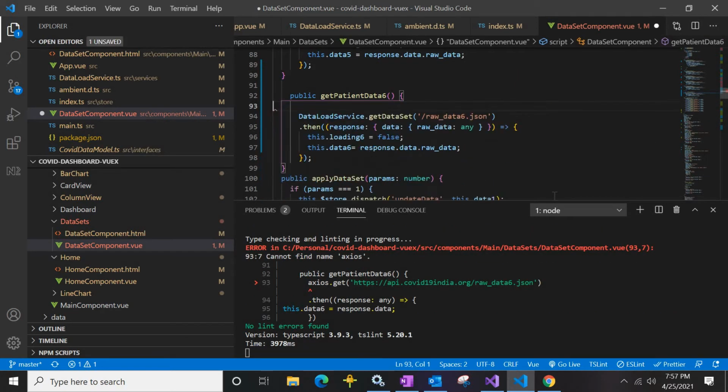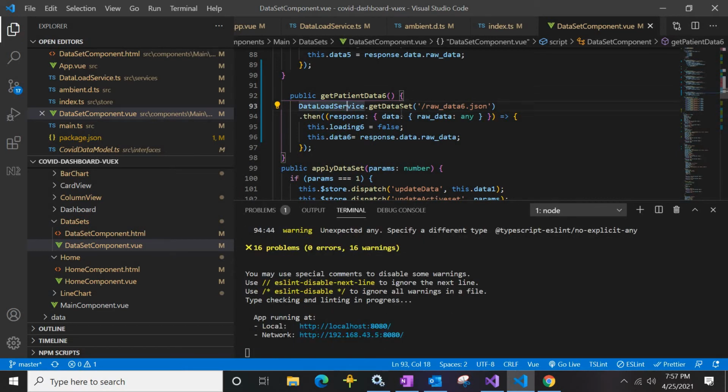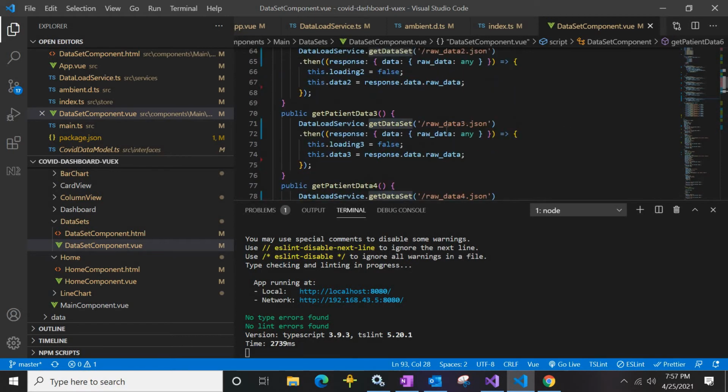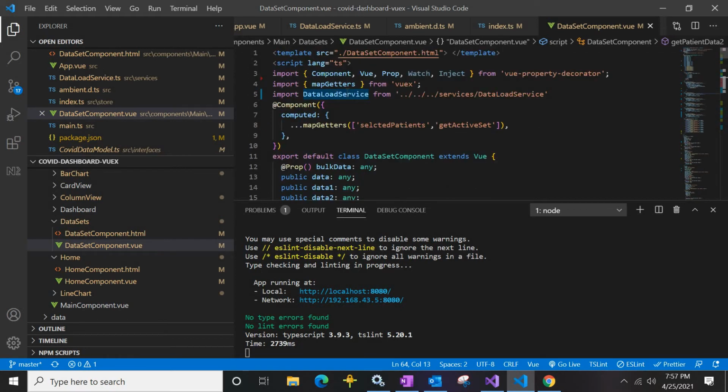We will go to this data load service, where we have a get dataset method, and there we pass which dataset we need. Here we are importing the data load service as well. As you can see, I am using TypeScript, and it's a class based component declaration.